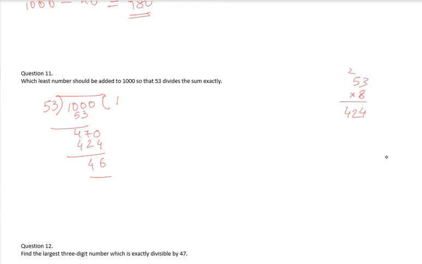So I can say 46 can be subtracted, but what should be added? If this number becomes 53, then it will be completely divisible. Or I can also say that 53 multiplied by 18 is a number less than 1000, and something added to 1000 will become 53 into 19. So if I find out what 53 into 19 is, the answer is